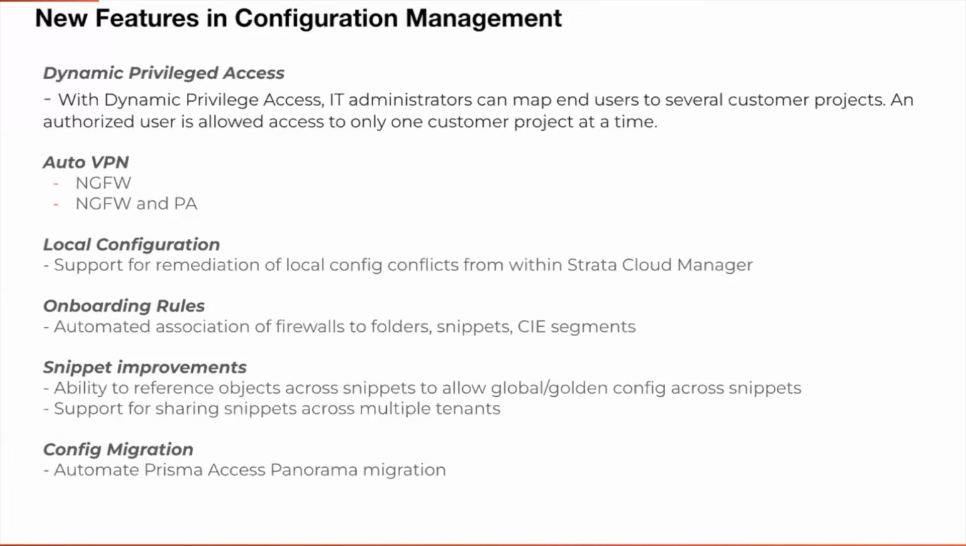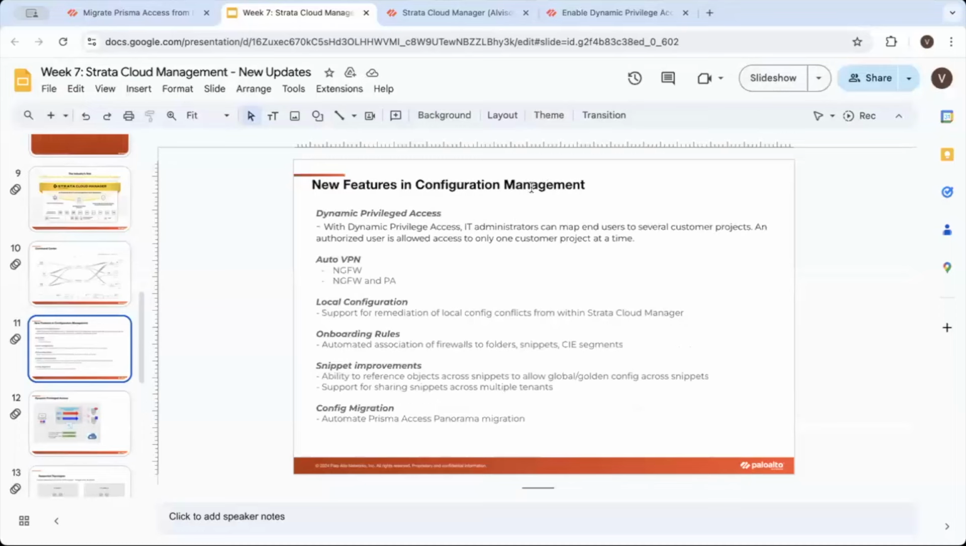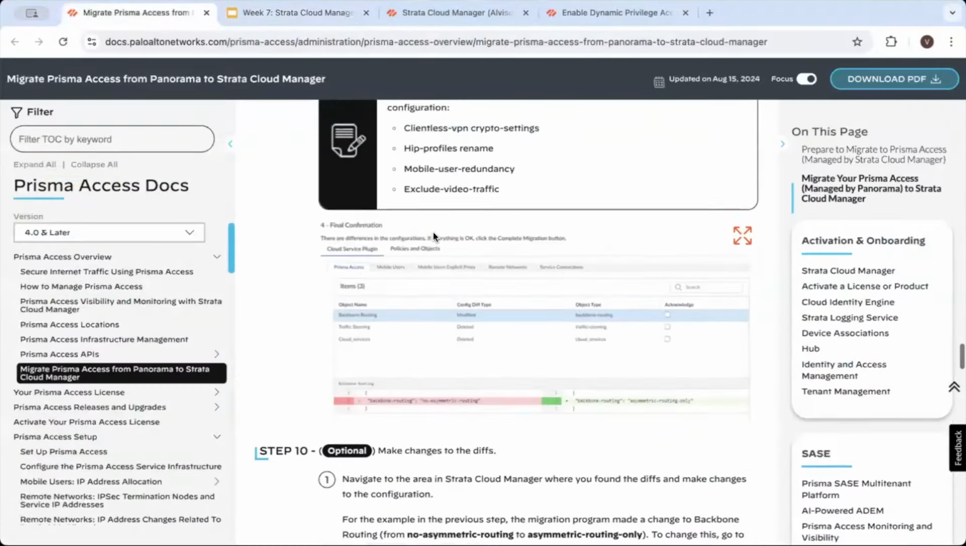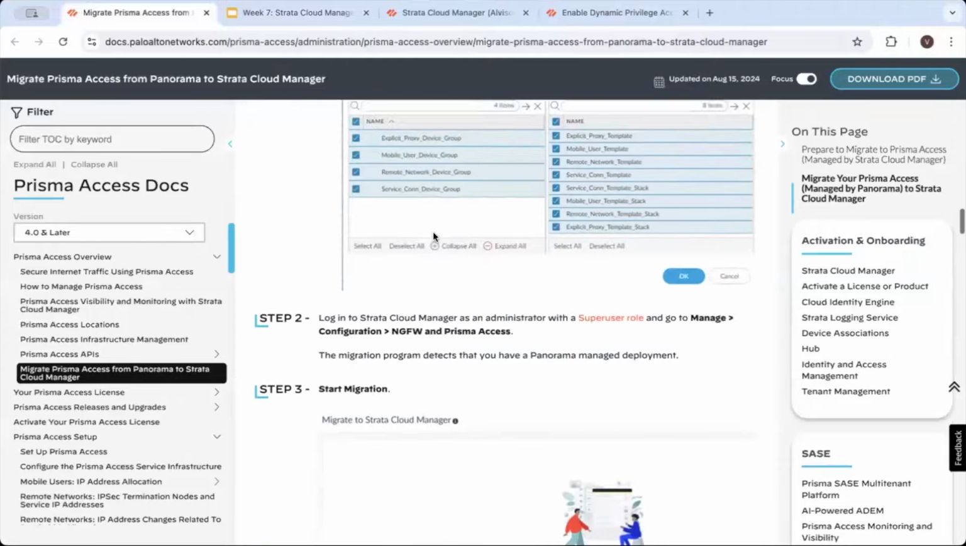One other thing that we did was a config migration workflow, which is there in the product today. I do not have that enabled on this product, obviously, because this is a migrated tenant. This is mostly for customers who are Panorama managed and want to move from Panorama managed Prisma Access to Strata Cloud Manager managed Prisma Access. So we have a self-service driven workflow,